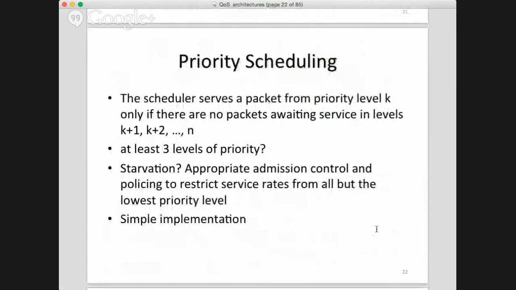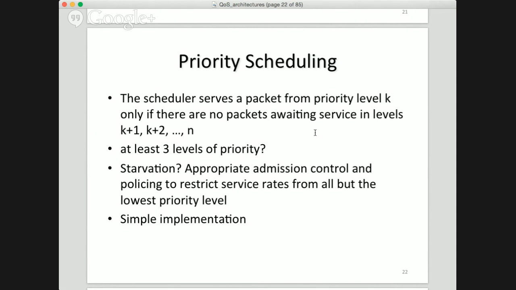Okay, so of course here I need to understand how many levels of priority. Typically for priority scheduling, 3 is good enough. However, I might have problems with starvation, because here, as long as there are red packets, I'm not going to serve the green packets. So I can actually have green packets that keep waiting forever, or, well, more realistically, for a very long time. So what I need there, I actually need to make sure that my admission control works well, and I might want to have some traffic policing